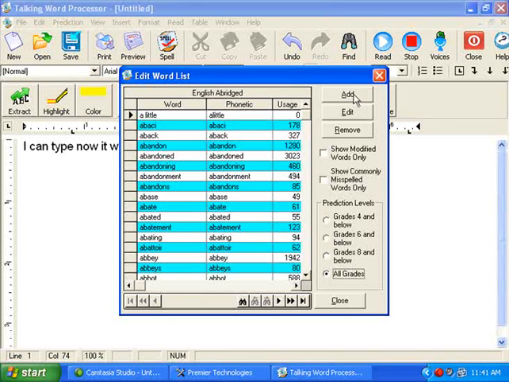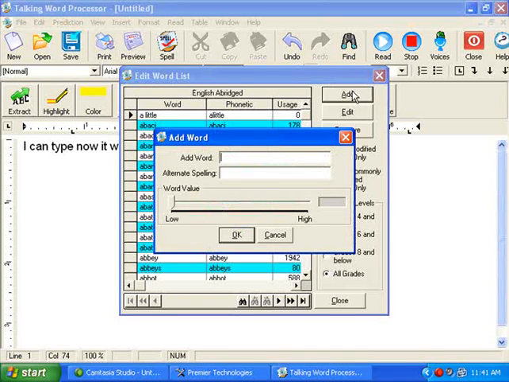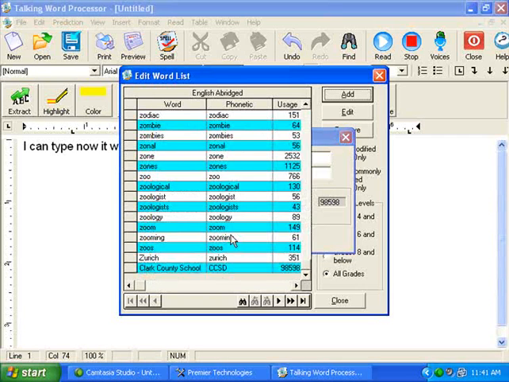And now I can also add a word if I so desire. So say I can do Clark County School District, and I'm going to have an alternative spelling for that. I'm going to go with CCSD, and since the words are weighted, I'm going to make this a high weighted word. The list isn't alphabetical, it is by word weight on what is most commonly used. So I'm going to say OK,